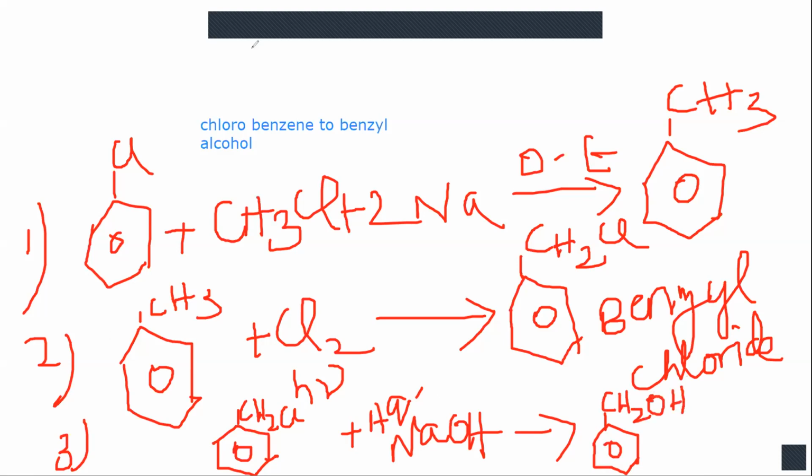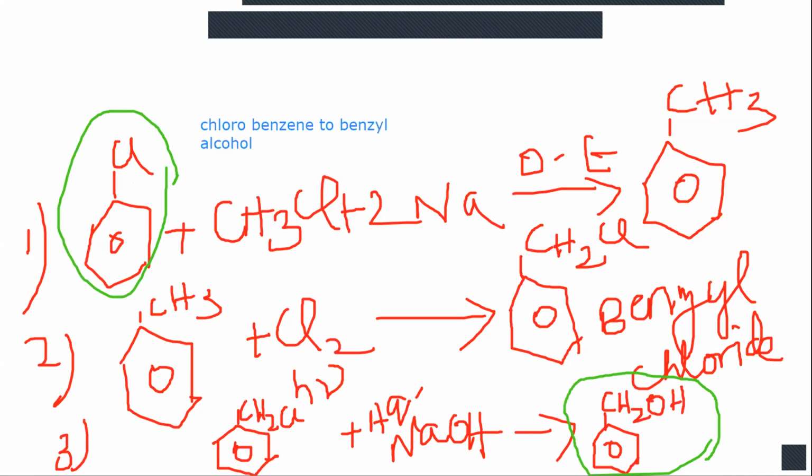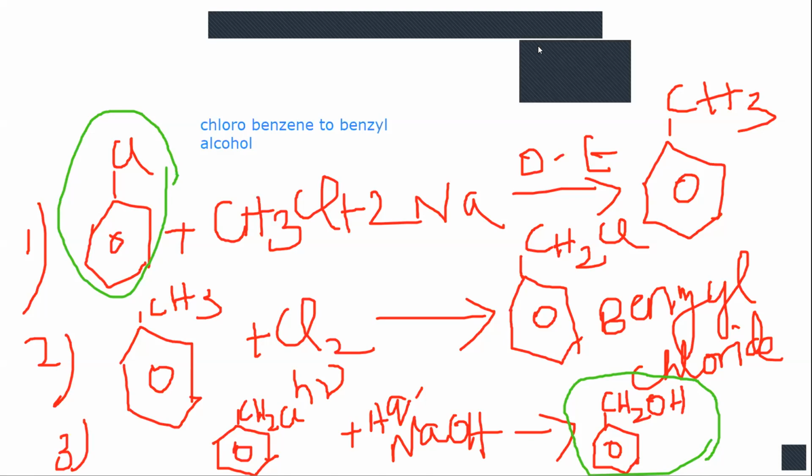So finally when you analyze the reactant and product alone, let us analyze. The reactant is chlorobenzene. The product is benzyl alcohol. So what is the difference between these two? See here, one carbon becomes extra. Whenever one carbon is extra, either you can go by cyanide route or you have to go by toluene. First you have to form toluene. In toluene, one carbon gets increased. So once toluene forms, it is easy to get the benzyl alcohol. So when one carbon gets increased, either you have to go by cyanide route or you have to go by toluene route. So these two things you have to remember.